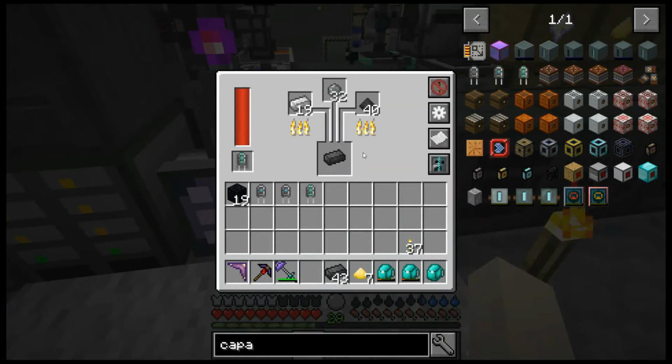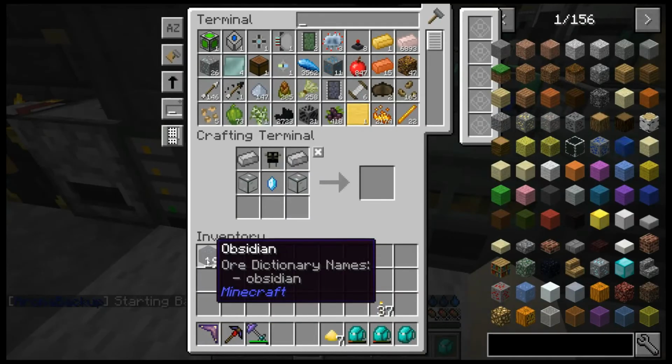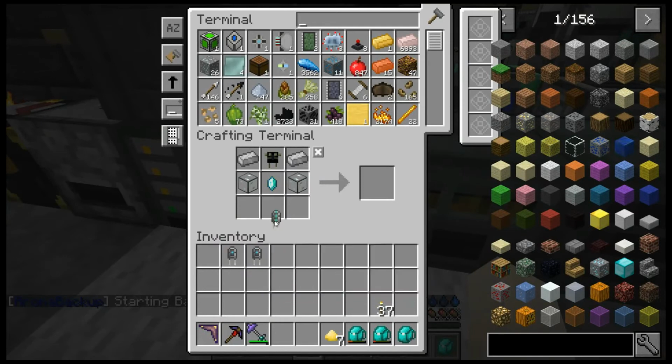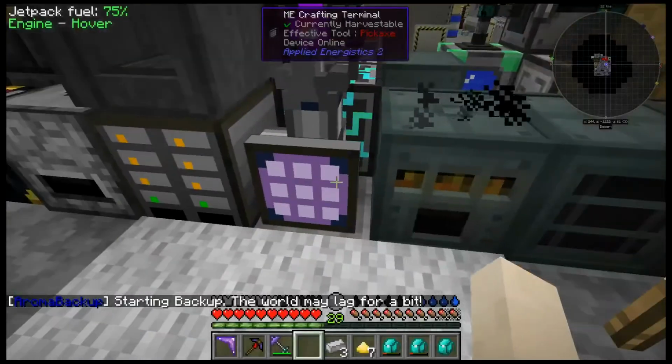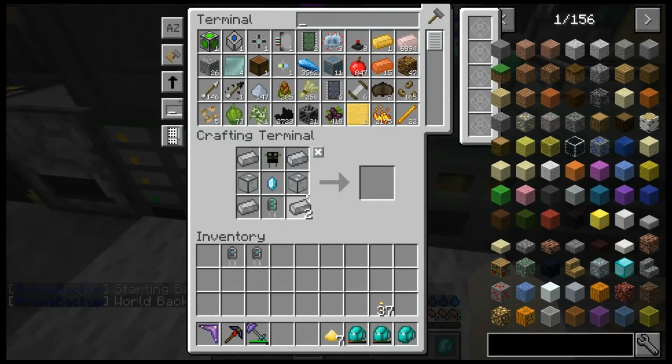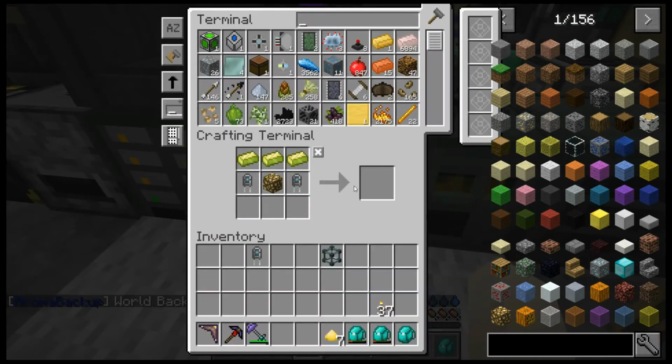I misplaced it, so now I'm not going to get as much electrical steel as I was hoping. But it doesn't really matter. We've just proven that electrical steel, we need 6. So 3 for now. So 1, 2. And dimensional transceiver. And I'm going to use these to make my next